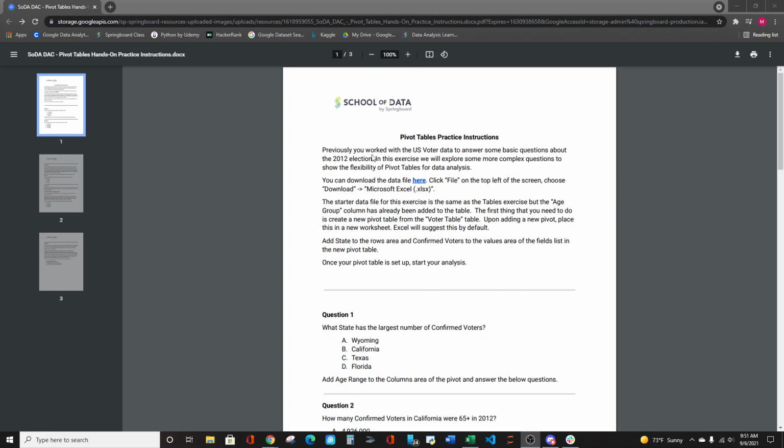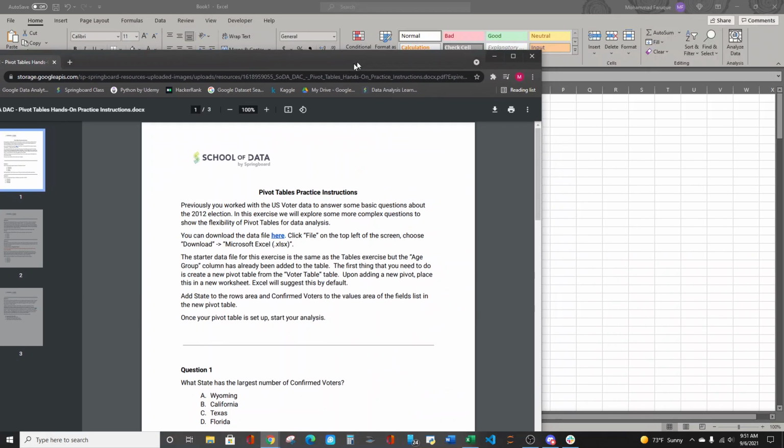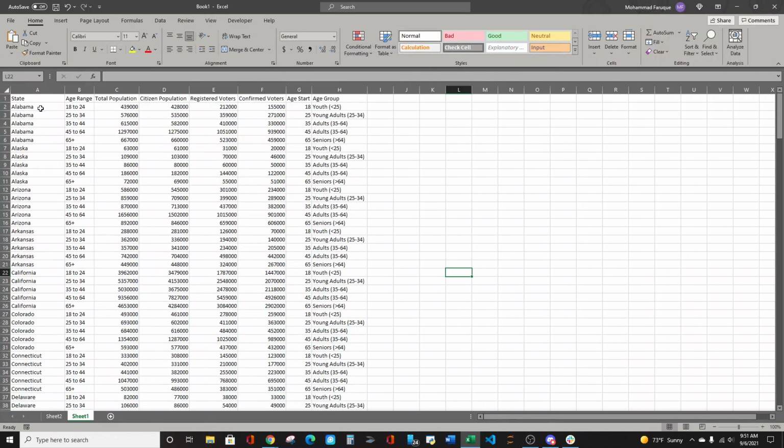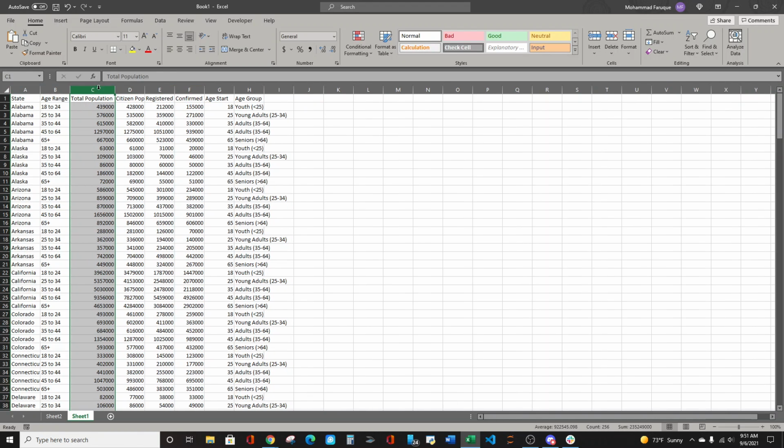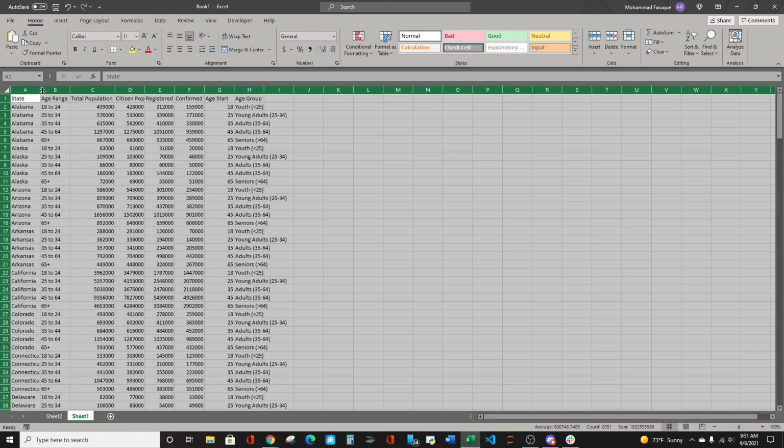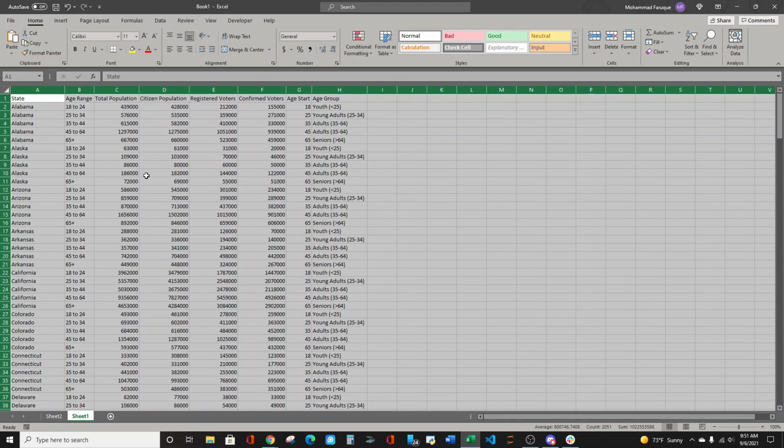Okay, to do this, we're going to have to first download the data by clicking this one. Once you click it, you're going to have all the data sets, raw data over here. Then you select this, double click this, and again double click this. Your data is going to be like this when you first get it. Then click this corner button and double click this to make everything